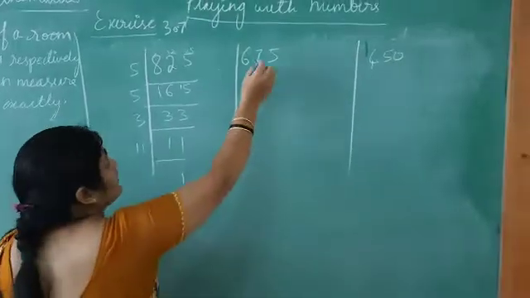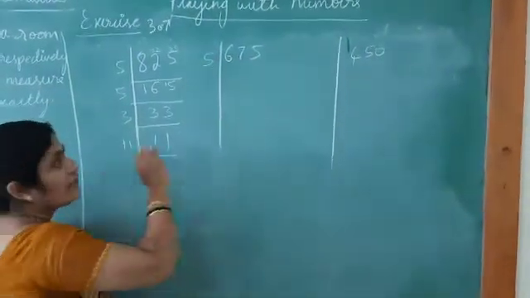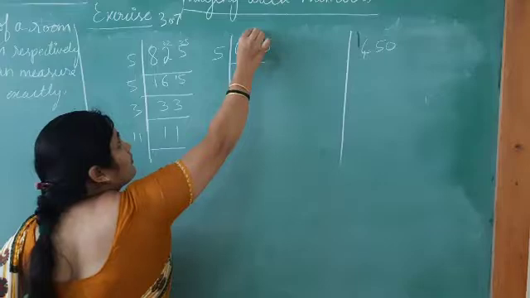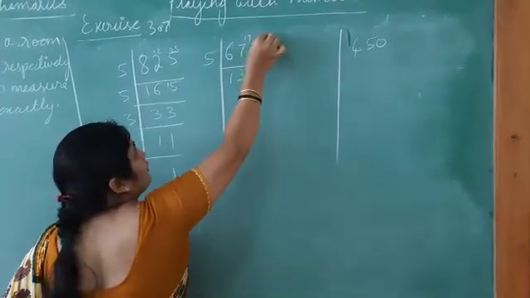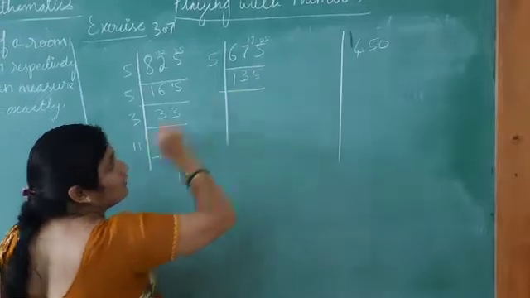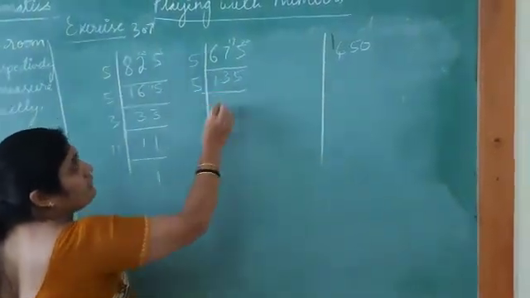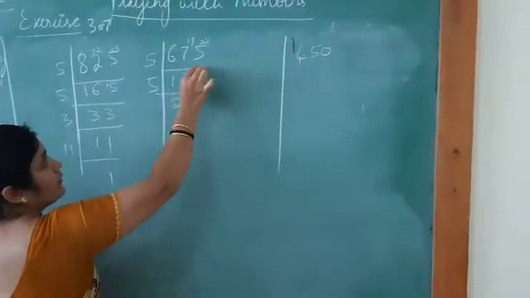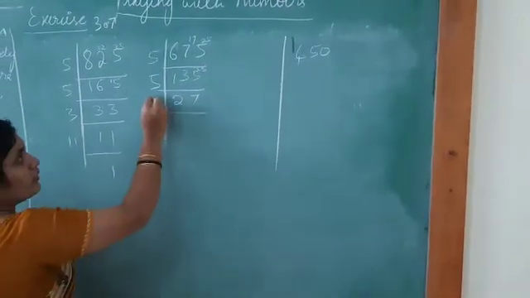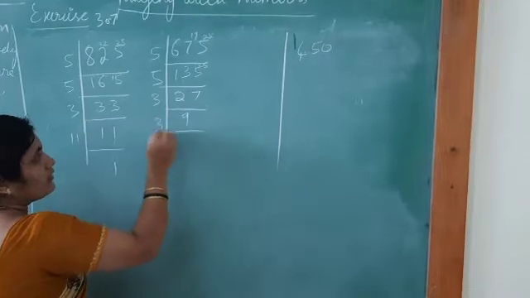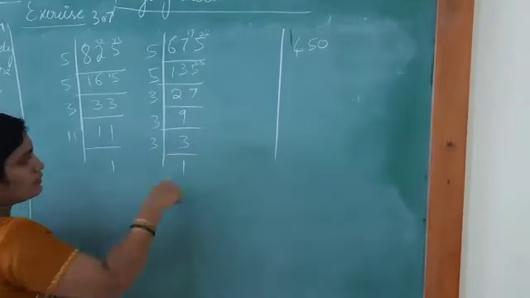Now let us move on to 675. Here also we can take 5. 5 ones are 5, 1 remains, this is 17 now. 5 3s are 15, 2 remains, here this becomes 25, that is 5 5s are 25. Now 5 2s are 10, 3 remains, this becomes 35, 5 7s are 35. Now go for any other number. 3 9s are 27, 3 3s are 9, 3 1s are 3.